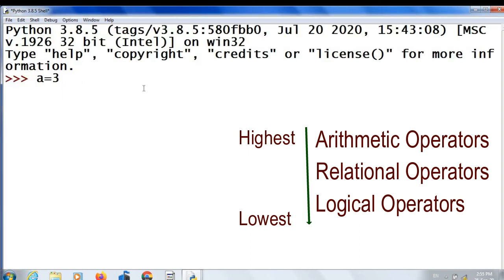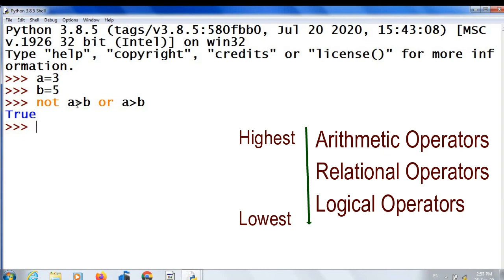A equal to 3, B equal to 5. Not A greater than B or A greater than B. See the result? The result is true. A greater than B evaluates to false because 3 is not greater than 5.